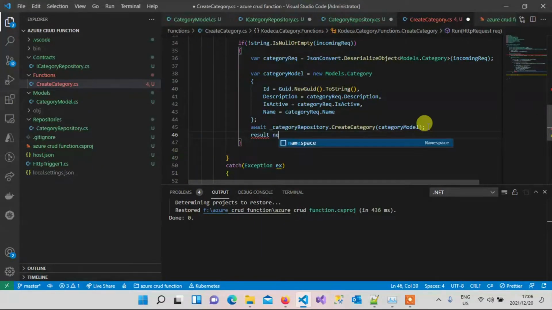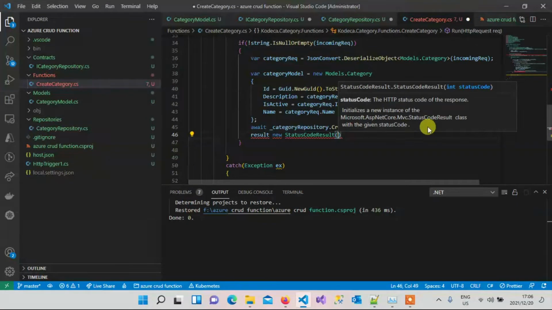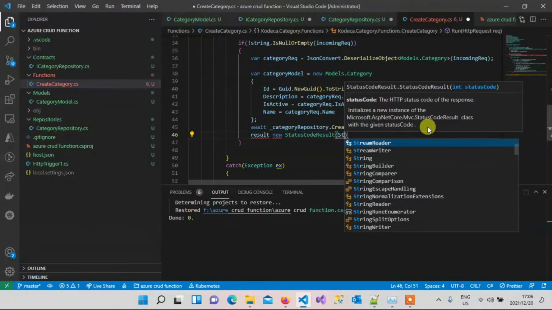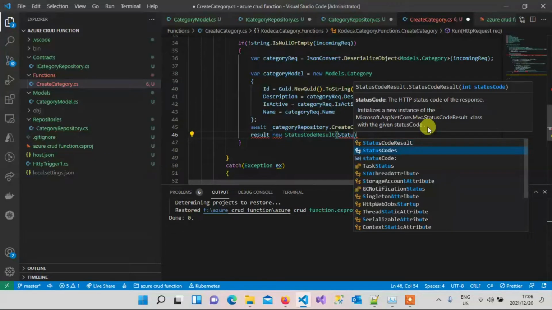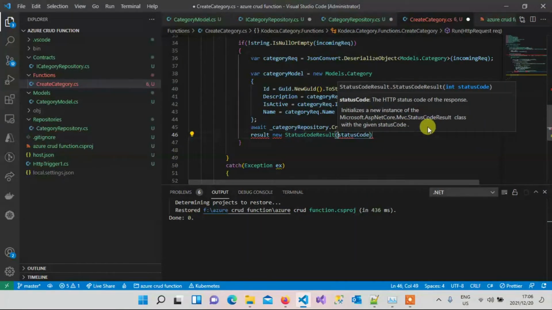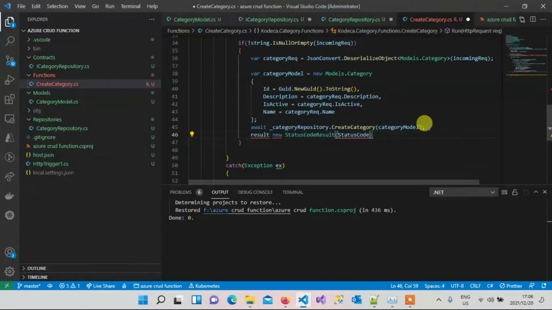So I'll just say equals to new status code result. Status code result, and then we can pass our status code which is